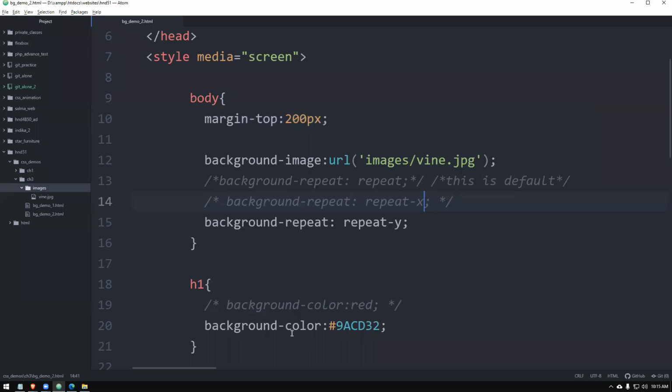So that is about the three repeat options: repeat across, repeat vertically, and letting it repeat everywhere, right? When you're practicing, you can practice one by one. To save time, you can copy and paste. I'm not copying and giving you the code because you have to get used to the code correctly.